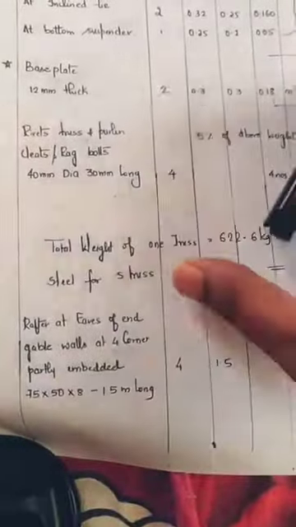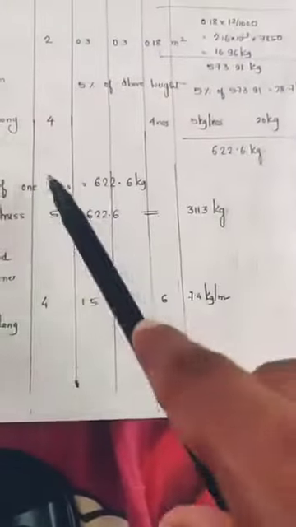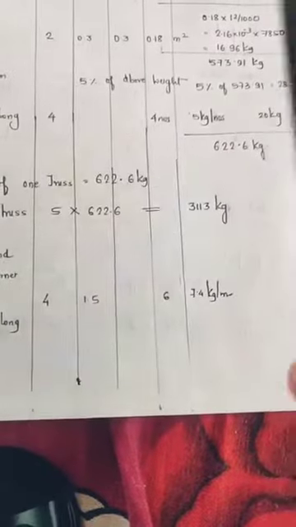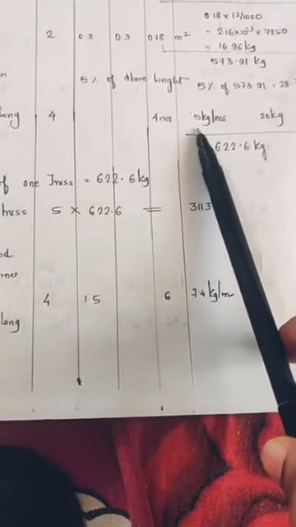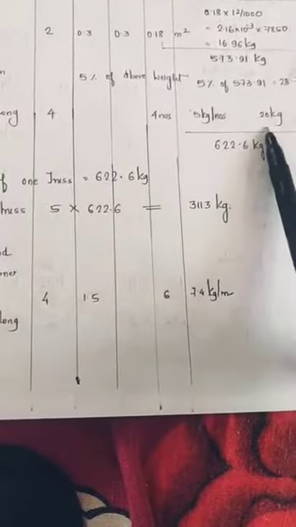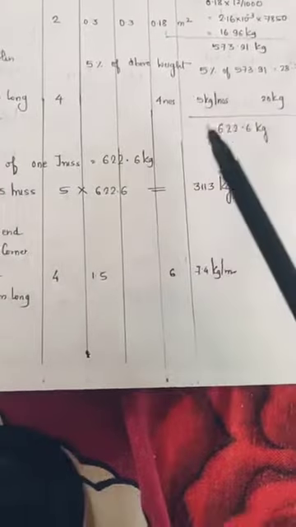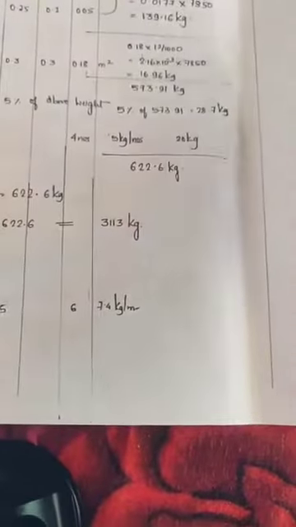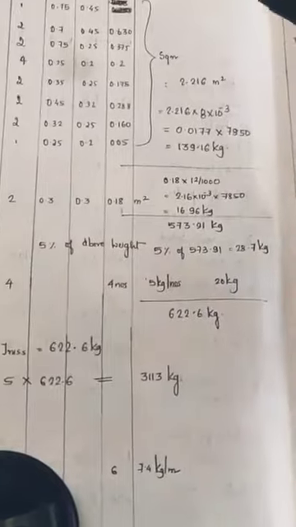They are 2 in number and they are 40 centimeter long. 40 mm diameter, 30 centimeter long. So 40 mm in diameter and 30 centimeter long. So they are 4 in numbers. It is assumed that one bolt is of 5 kgs. So we have 4 such numbers, so 20 kg.